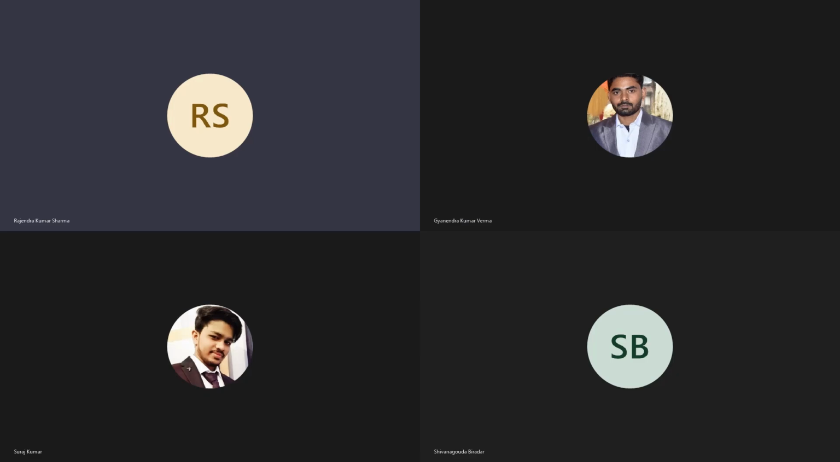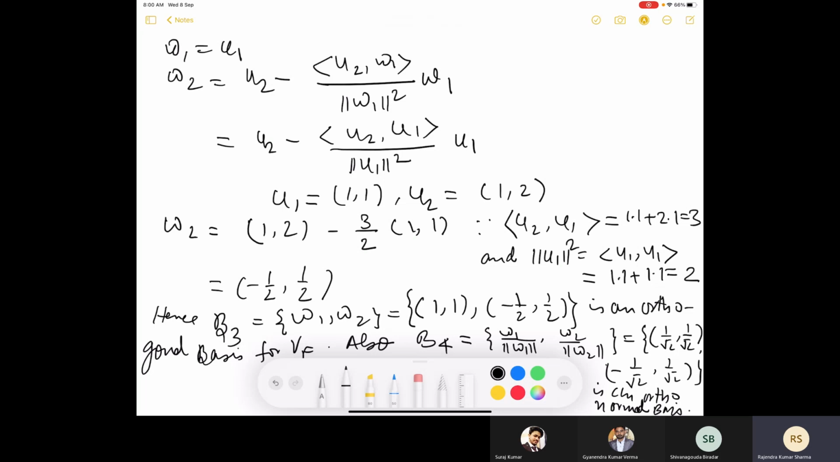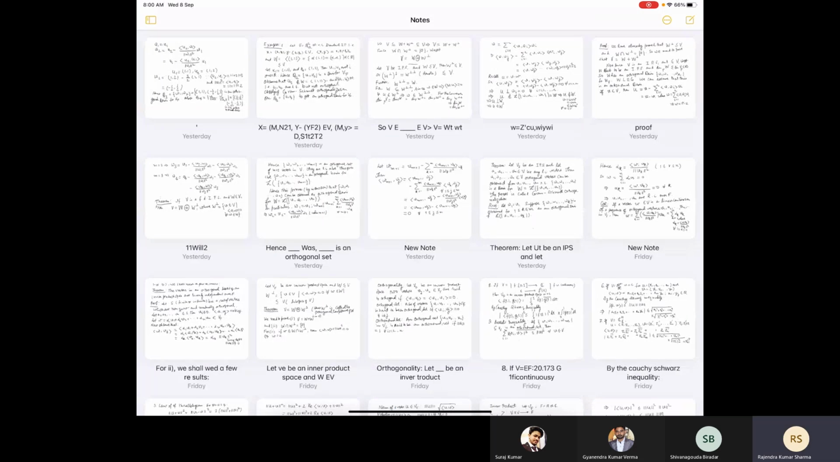And this example was R2 over R. And so far what we have got is that we have a basis for this, the standard basis. And then we had, just let me go back to that. So,